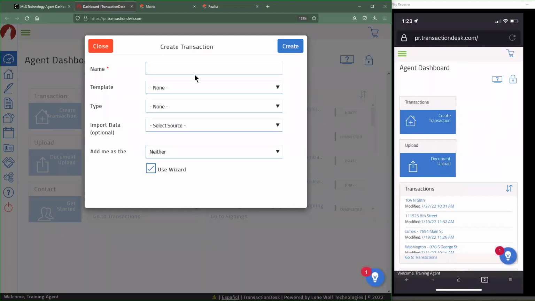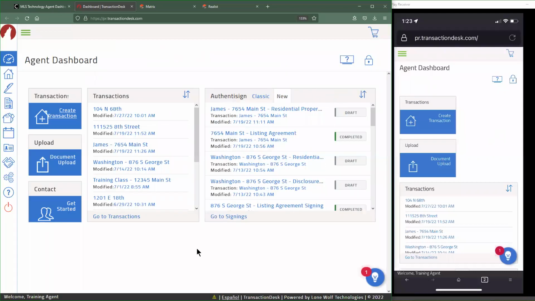So very easy to use, exact same buttons, almost the exact same layout. It's not something I would necessarily recommend using if you're out in the field. I'd still suggest getting, I don't know, even just an iPad or tablet and using Transaction Desk through a browser. But it is available on your phones as well.